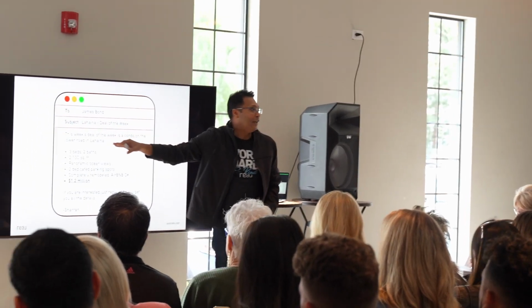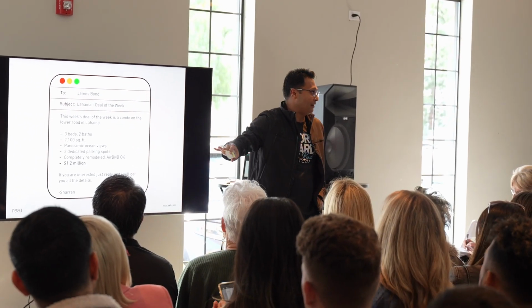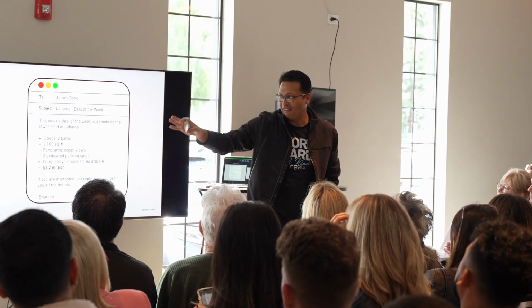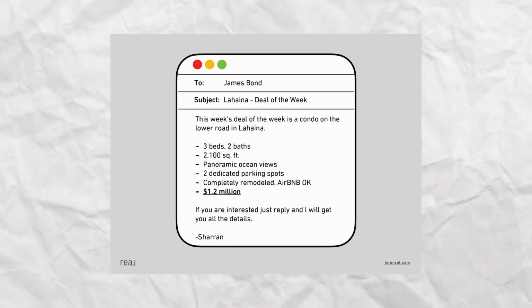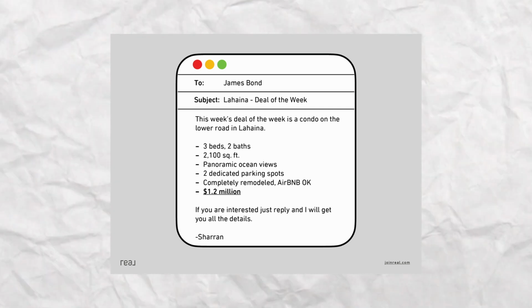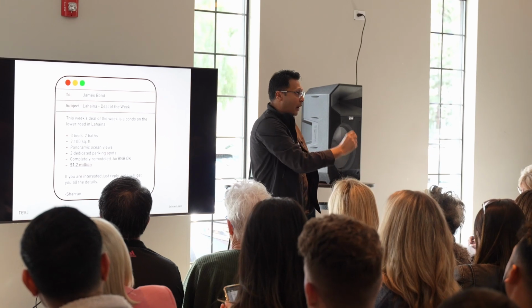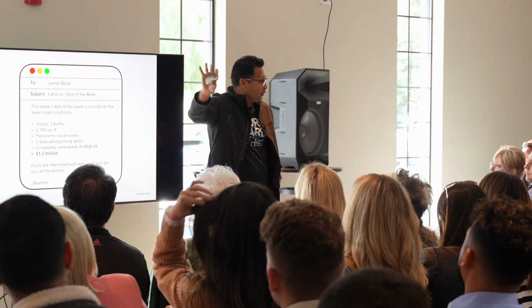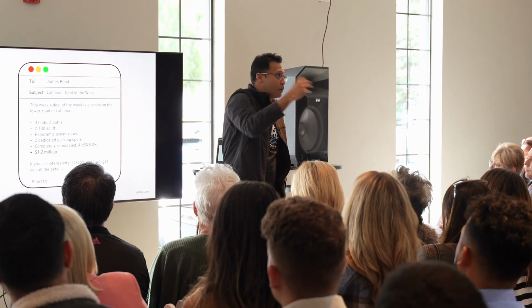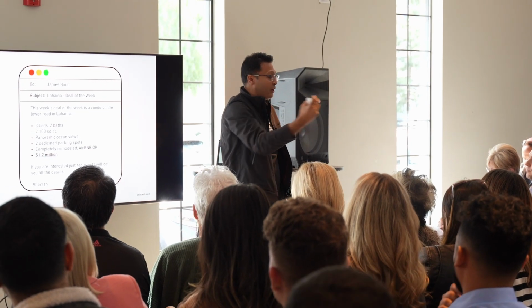Subject line. I used Hawaii as an example because I just want everything to feel like Hawaii, right? Say Lahaina, Deal of the Week. You would say Temecula, Deal of the Week. You would say San Diego, Deal of the Week. You would say Scripps Ranch, Deal of the Week, right? Because when I look at the subject line, it says Emma Lefkowitz, Scripps, Deal of the Week. And I'm like, I know Emma, I know Scripps, so I got multiple points of connection,